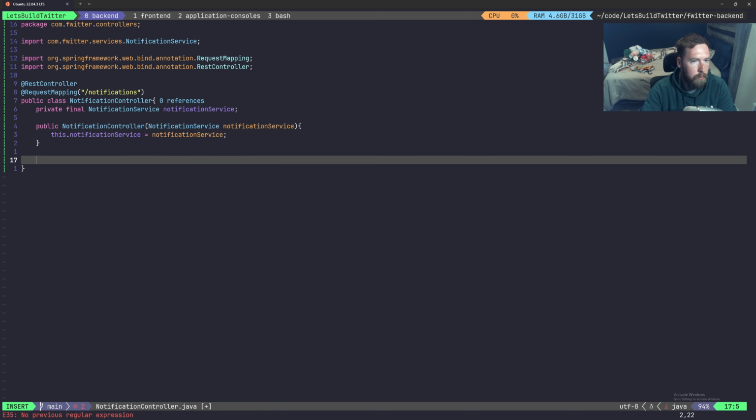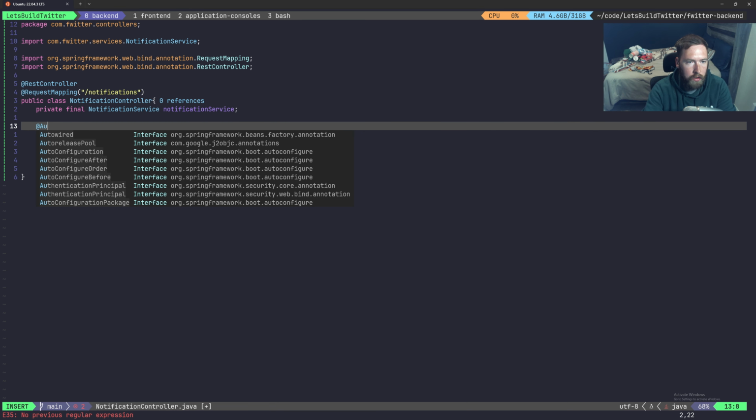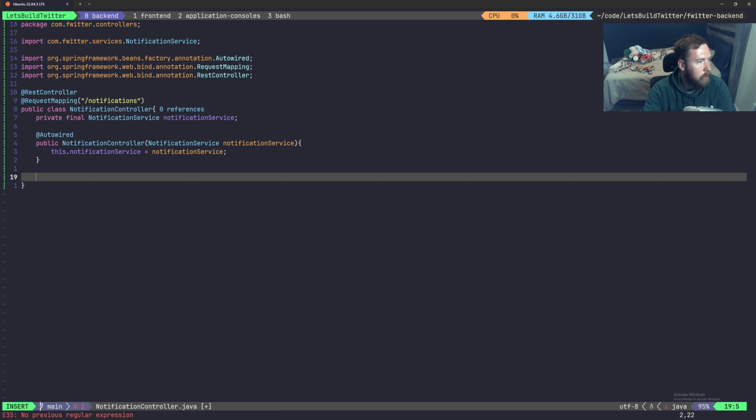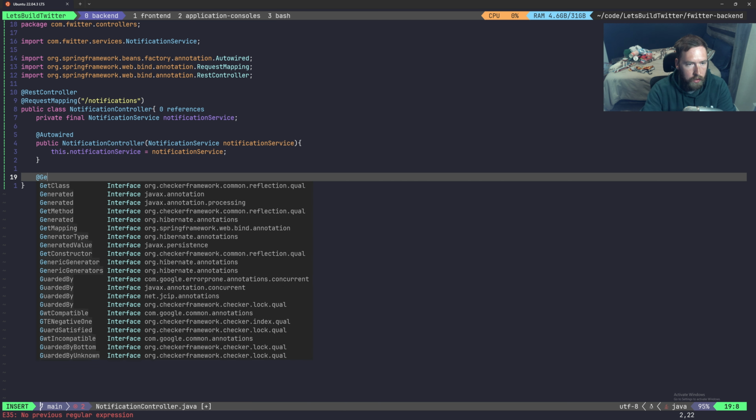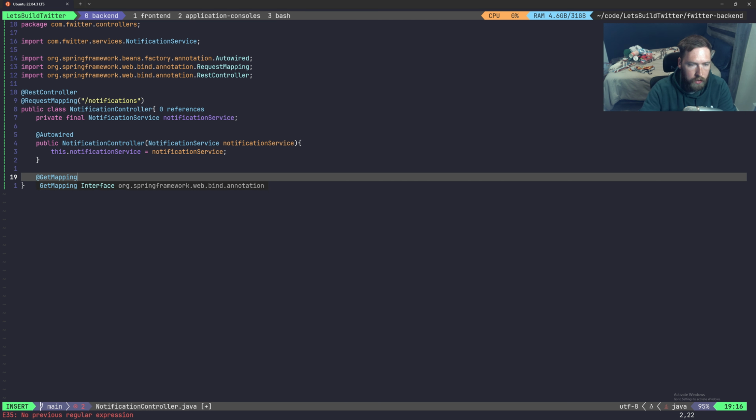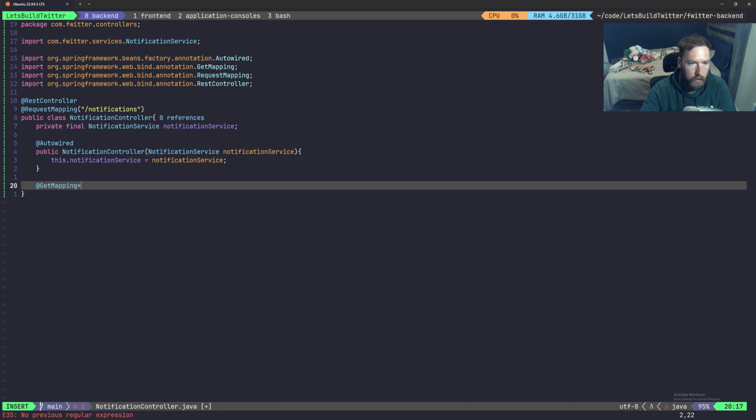This is going to be very simple. Let's make sure we autowire this. Autowired, and then here we'll say @GetMapping, and we're going to call this